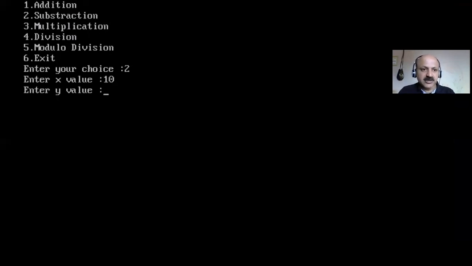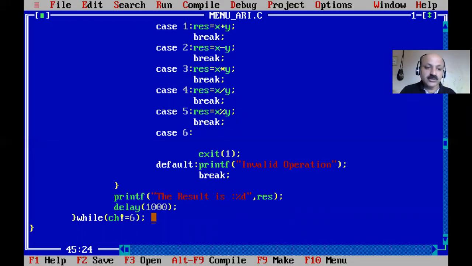So now let us check. I give randomly 2, then addition like 10, and subtraction, so 4 is there, then yes 3, and now multiplication, 6 and 3 is 18. Yes, and now fourth, division, as it worked previously. So 7 and 2 is 3, yes, division is there, and fifth choice that is modulo. So 7 and 2, so 1, and last 6, so it comes back. So also the do while loop, I just showed you.